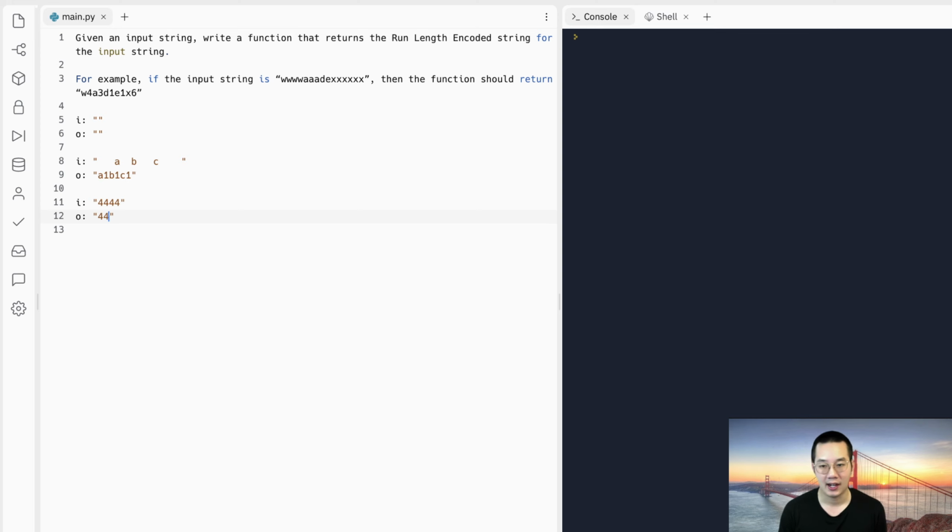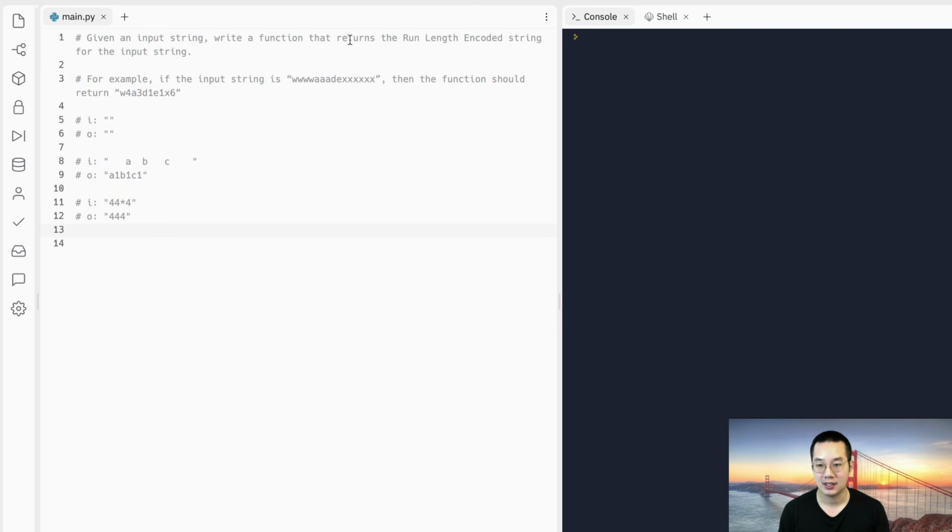Really? Are you sure? Yeah, what about 44 fours, right? What if there's 44 of these? 44 fours. So would we have 44 4 or would we have 4 44s? Doesn't matter because it's still the same number of fours when we decode it, so it should be fine. So yeah, I think it should be fine. So those are the edge cases that we can think of, and right, let's make the test,